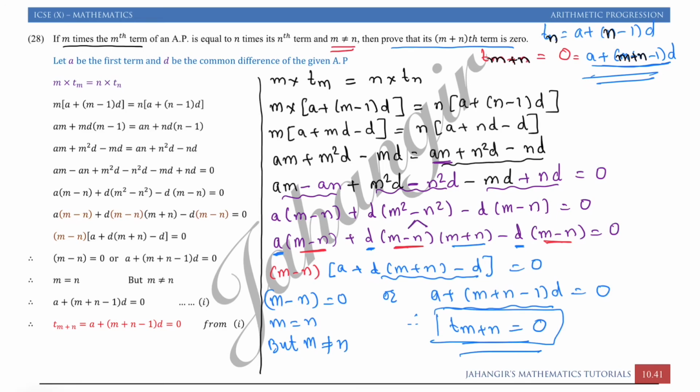Hope you had understood. The next exercise is based on the sum of n terms, in which the nth term is also included. So if you have not understood this exercise, go through it again. Once this chapter is thorough, only then can you go to the next exercise.